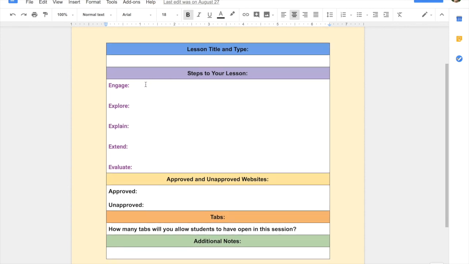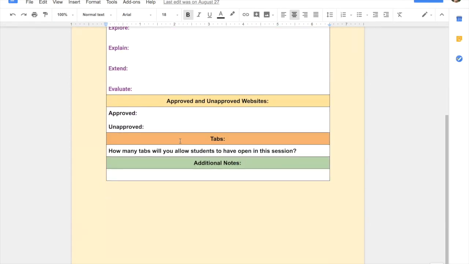How are you going to engage students first? What are they going to possibly explore? What might you explain? How can they extend their learning? And how can you evaluate what they've learned? You may also want to add on the lesson plan